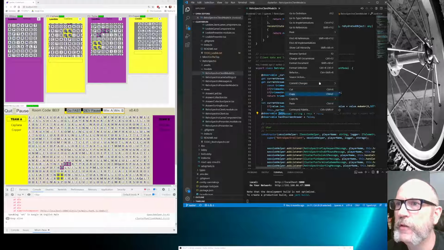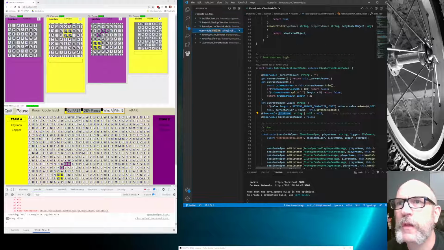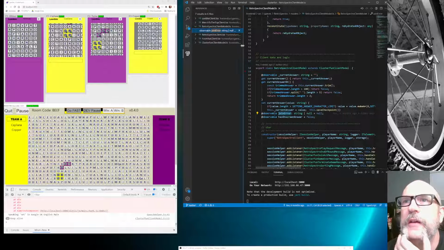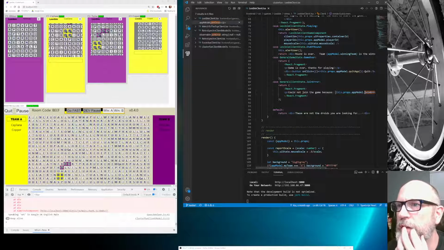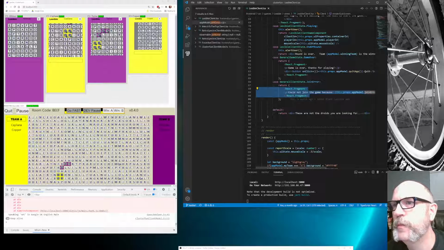So let's find all the references. Oh, it's all over the place. That's because this is part of my template. So let's just start on Lexible and fix it here. If the client state has a join error, then we show this, and it was too small. So let's put one of the clients in the